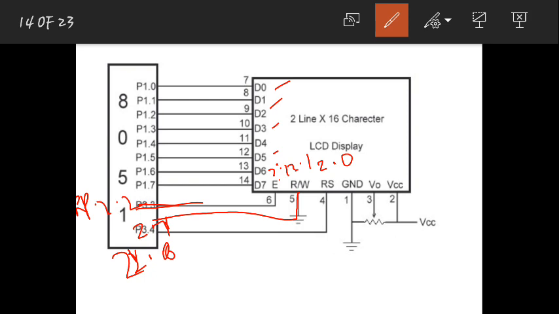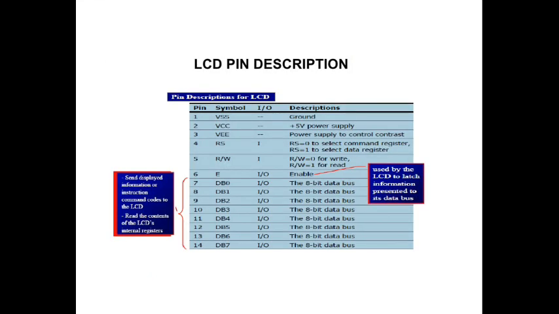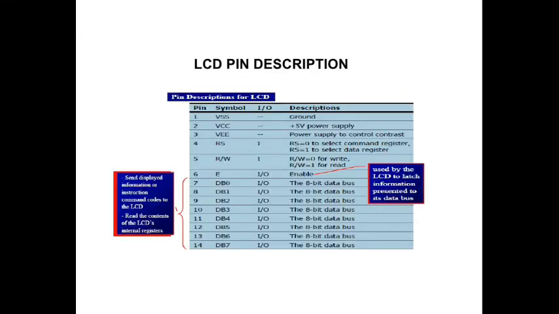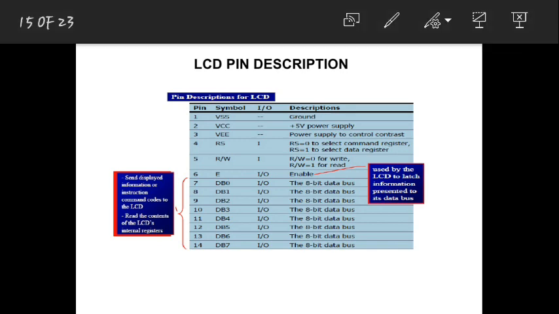So now, as I said, we'll see a few commands. It's not that you should take only these commands if you have them in your exam. It doesn't mean you should memorize these commands and write only this. Before going to the commands, just see each pin of this LCD description. VSS is nothing but your ground, VCC is supply, VEE is nothing but your contrast control. Next, RS is your register select, whether to select the command or data register. R/W is to read from the LCD or to write on the LCD.